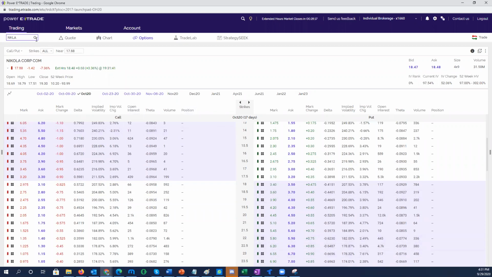If you want to know how to get the options, if you go to E-Trade or any other platform, you just put the ticker and come to options. You click the options here, and it will automatically pull up. And by the way, this is an E-Trade account. E-Trade is much easier for me because everything comes up nicely. Also closing, trading, understanding, everything is easier here. That's why I use the E-Trade platform.